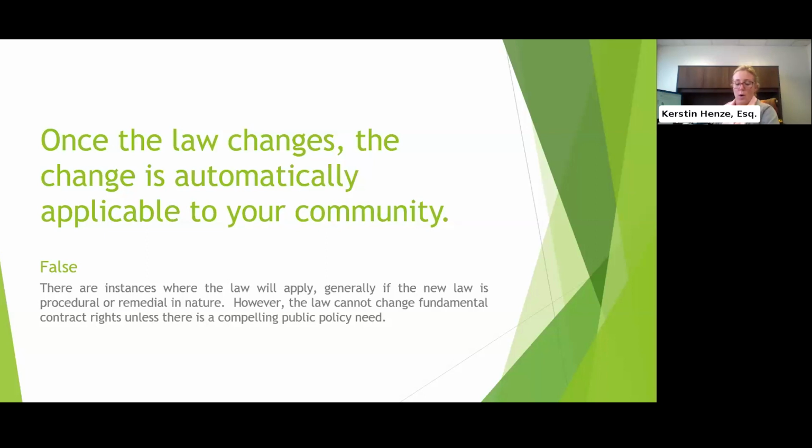So what happens is associations don't want to be the test case, so they don't want to spend money making these constitutional arguments. More often than not, associations tend to just add this Kaufman language in their documents and just go with the changes that are made to the statute from year to year.